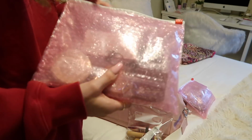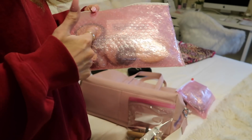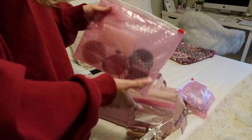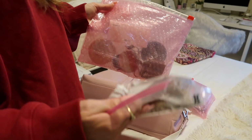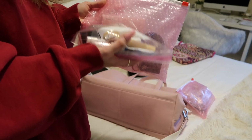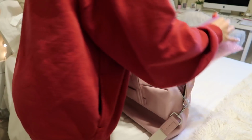And then all of my dry non-liquid products, I just put in here, like my powders and all of that kind of stuff. And then I brought such a big bag because once I actually get to my destination, I'm going to put the rest of my makeup products in this bag, and I want them all in one place. Now I'm just going to put my makeup bag and